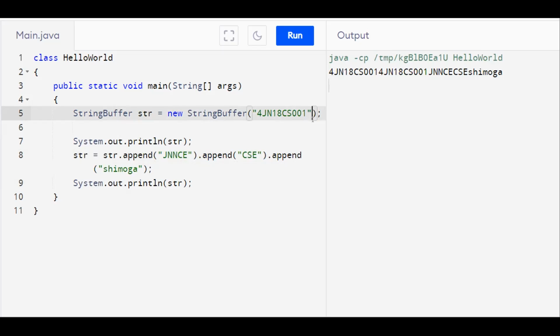The first thing will be on the various constructors of strings, then various constructors of string buffer, followed by the APIs and their usage. Whenever any API is asked in the exam or test, you have to write the syntax, then example and output. These things are mandatory. Writing the output is also very important along with the example.